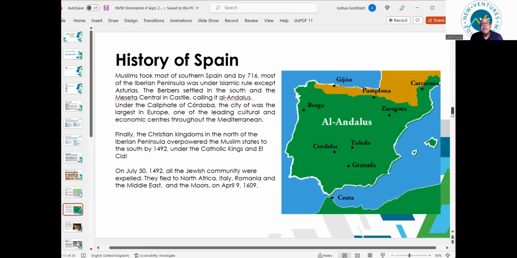And they stayed until 1492. So that was 700 years. And in 1492, then the Catholics expelled, first of all, the Jews, and secondly, the Moors. Okay? So suddenly, Spain was a Catholic country, and a very Catholic country. Okay? The country and the church were absolutely one and united,